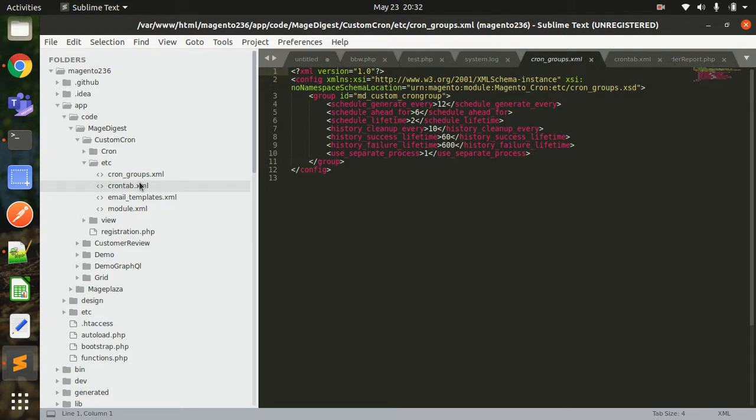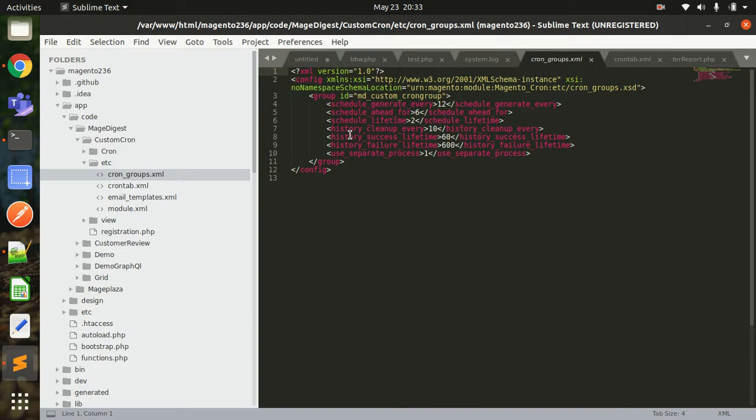So let us go inside it. Let me first open the cron groups file. It is already opened here. This cron group basically defines your own custom cron jobs. By default there are two cron groups defined in a Magento store, which we have all seen. One is index, another one is default. For the index group, it depends on the frequency at which our indexes are running, whereas in the default group we have all sorts of catalog, customer, sales, order tables. All those tables are processed using the default cron group.